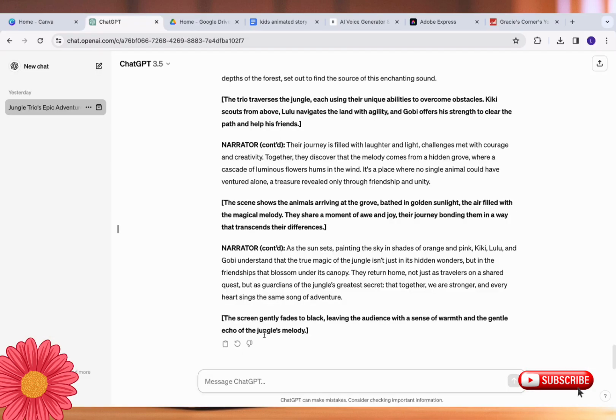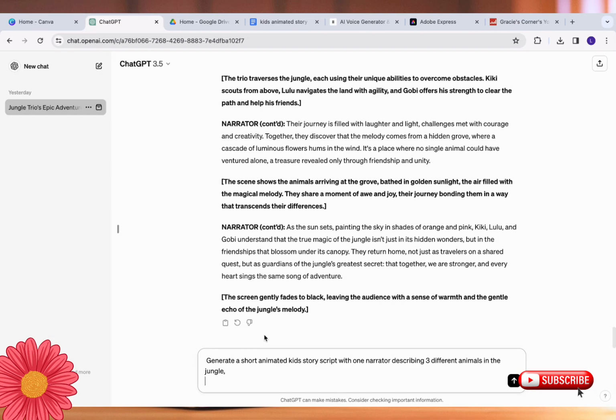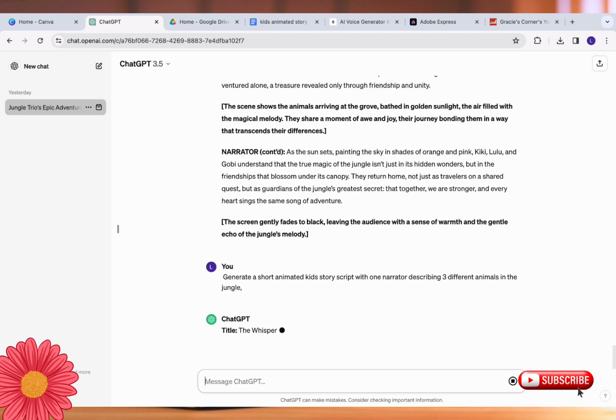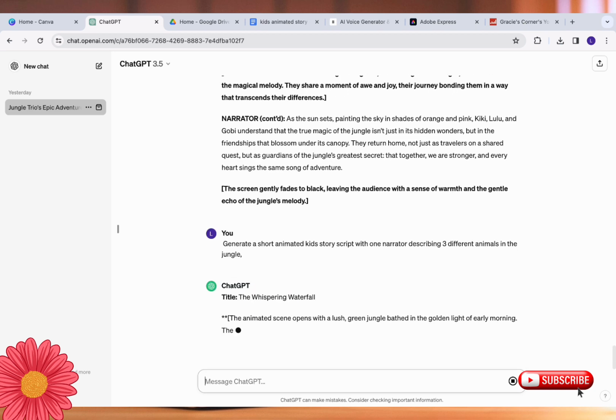But I'm first going to start by generating a prompt. And I just want to create a short animated kids story script with one narrator describing just 3 different animals in the jungle. So once your script generates, the next thing for you to do is to copy that script